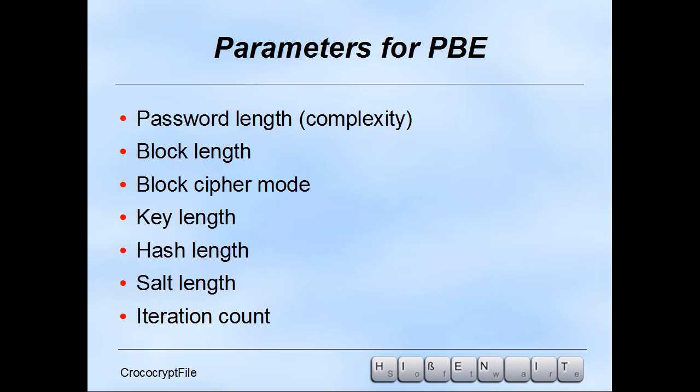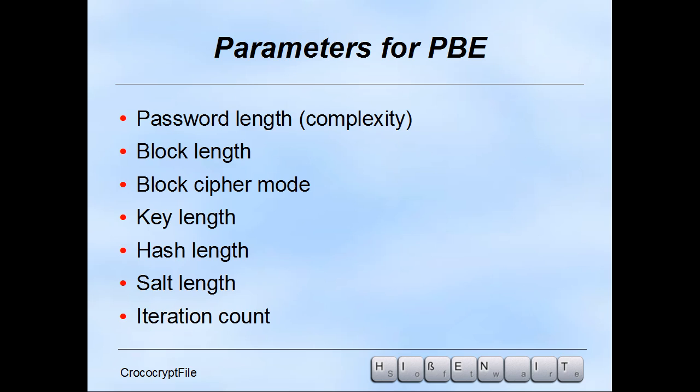The block length, described in short, is the smallest data chunk which is actually encrypted by an algorithm. If you think, for instance, of AES, the block size is 128 bits or 16 bytes. AES is designed for this block size no matter which key length you are using. An AES key can be up to 256 bits, which is generally called AES 256, but the block size remains